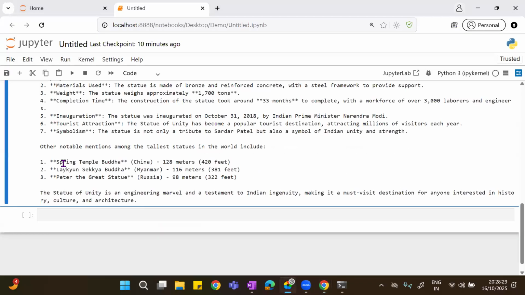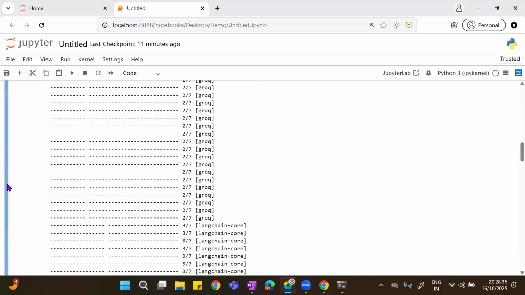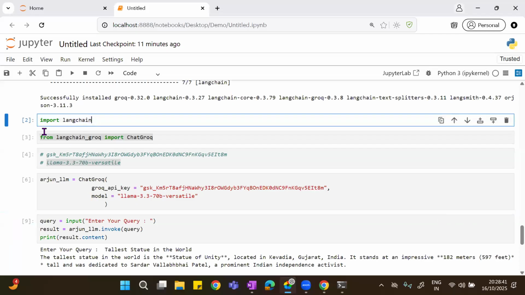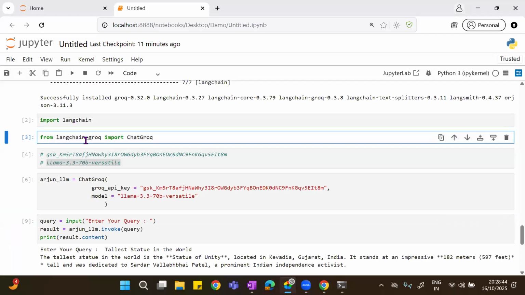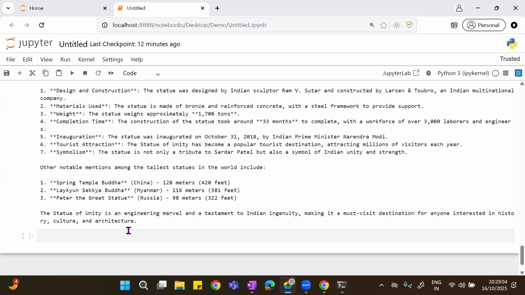Now, this is the way you can create your own LLM. I don't think you require any extraordinary skills for writing this code. All you have to know is how to go forward. Import LangChain, from langchain_groq. LangChain is used to create and integrate the stuff. It is a framework. The langchain_groq package will connect it to the Groq platform, as I showed you. And then there, in ChatGroq, I'm giving the API key and I'm giving the model. That's it, nothing else. And from here on, we will go forward and do the necessary stuff.